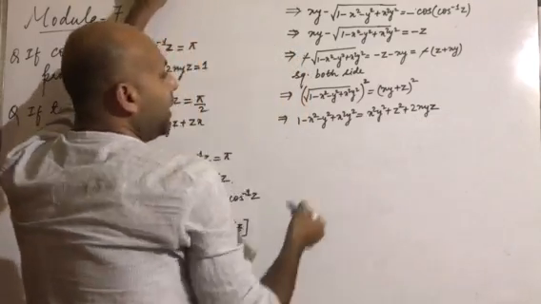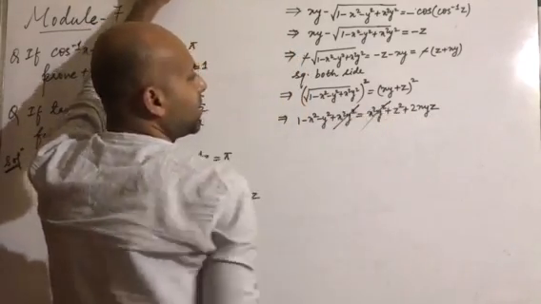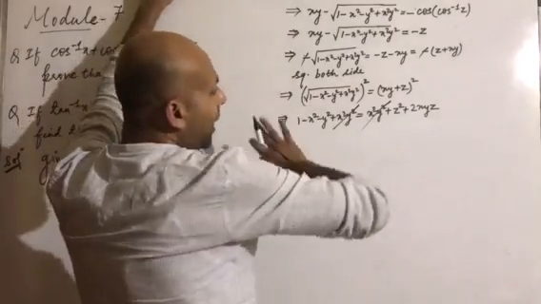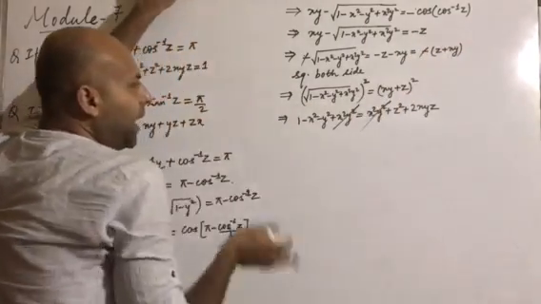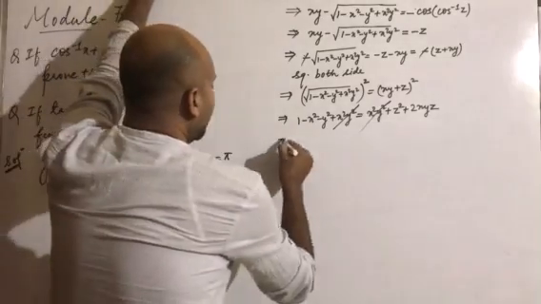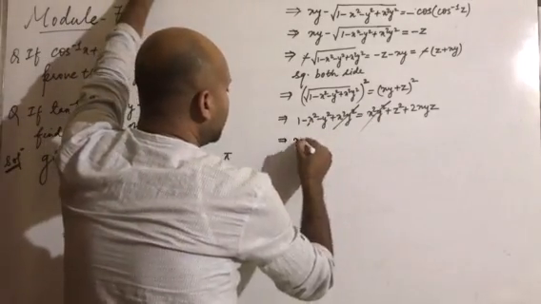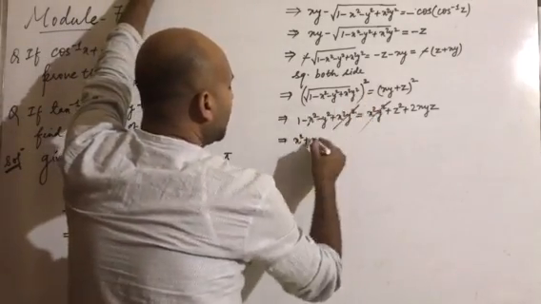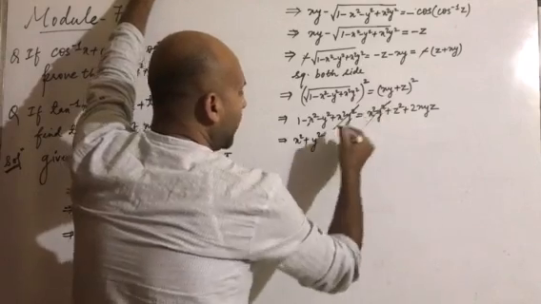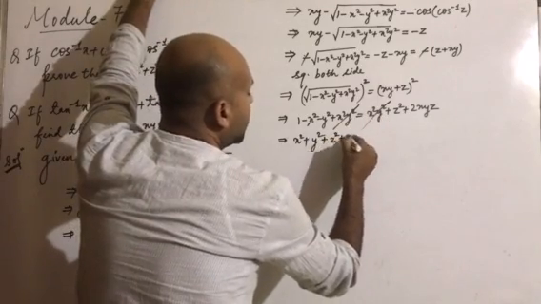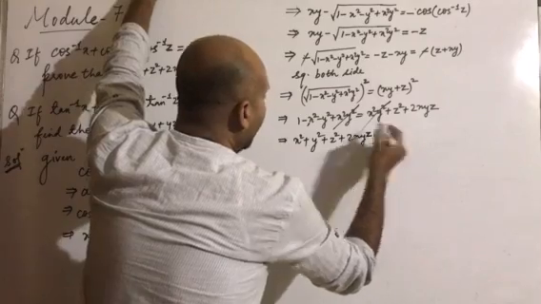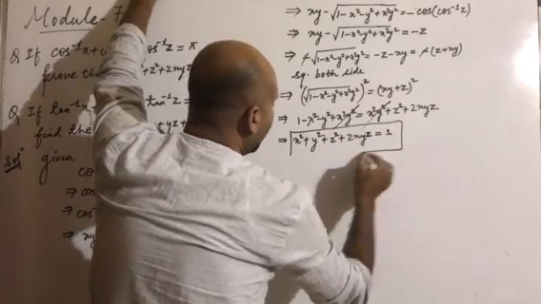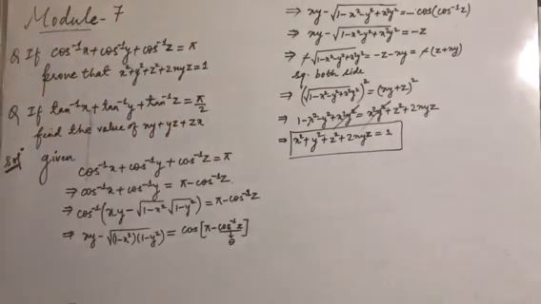Am I clear? Now here you can see that this x square y square and this x square y square get cancelled, so I am taking all the terms containing the variables to one side and the constant to be kept on one side. So this minus x square will be moving that side, so plus x square, minus y square will be moving that side, plus y square. Already we are having a z square, and plus 2xyz, and the only thing which is remaining here is 1, and this is the function which has to be proved. So we have proved that x square plus y square plus z square plus 2xyz equals 1.